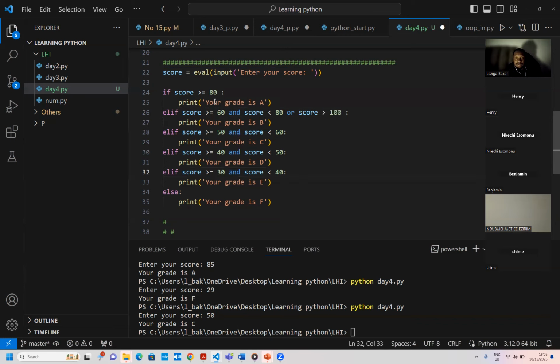See, okay, but this will not work because anytime it's greater than 80, it will be settled here. So if I just say something like 80 and score less than or equal to 100. Let me just say now, for instance, any score between 80 and 100 should be A, right? And I'm now trying to add another condition here that when the score is